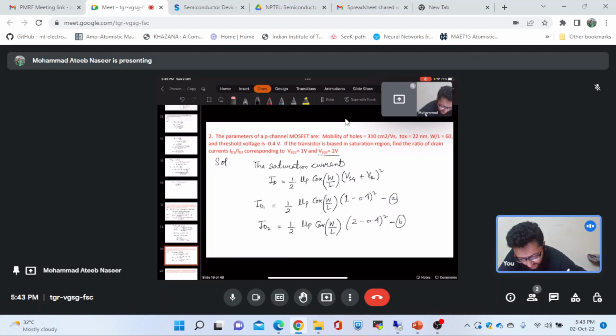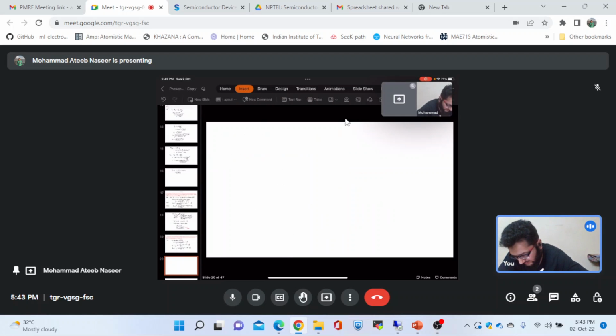Let us name it as equation B. So let us divide the equations. Dividing equation A by equation B, we will get ID1 by ID2 to be equal to